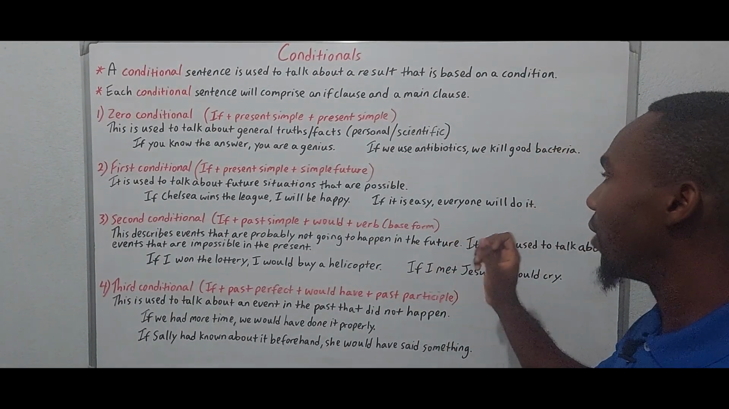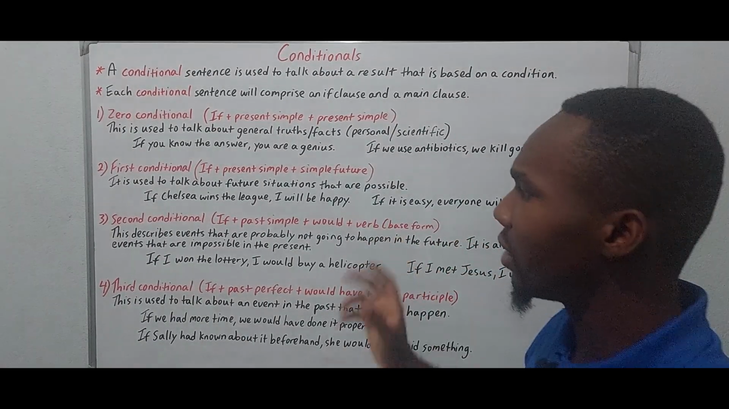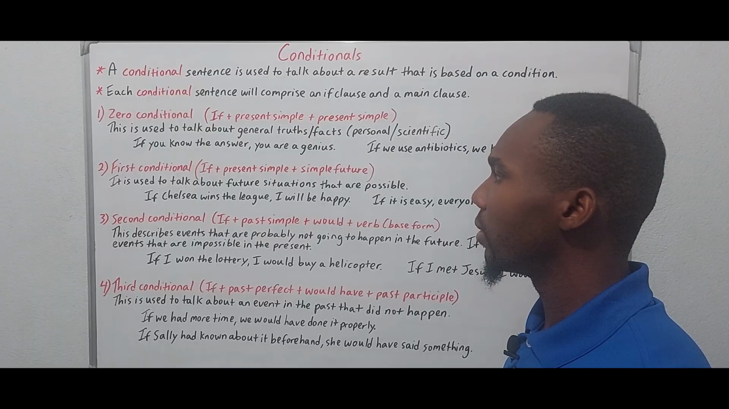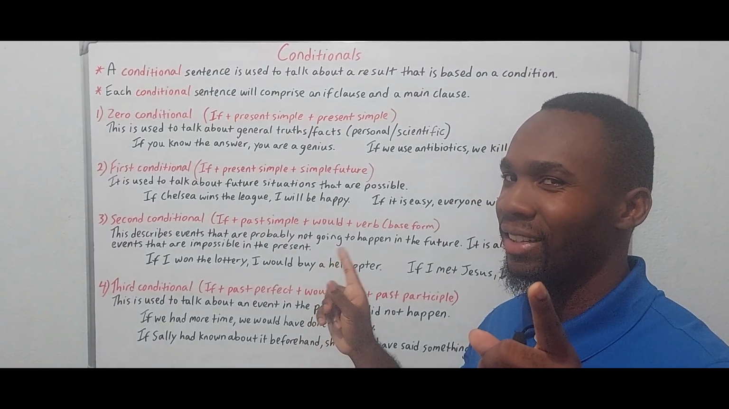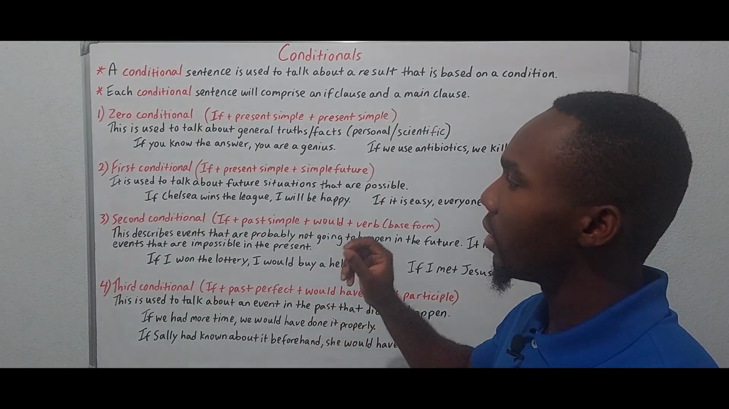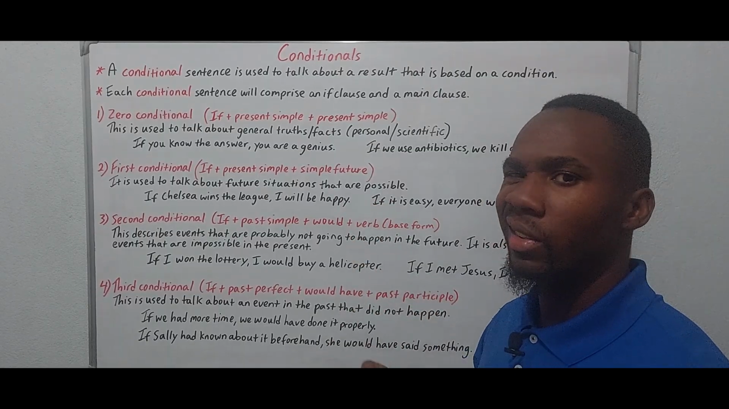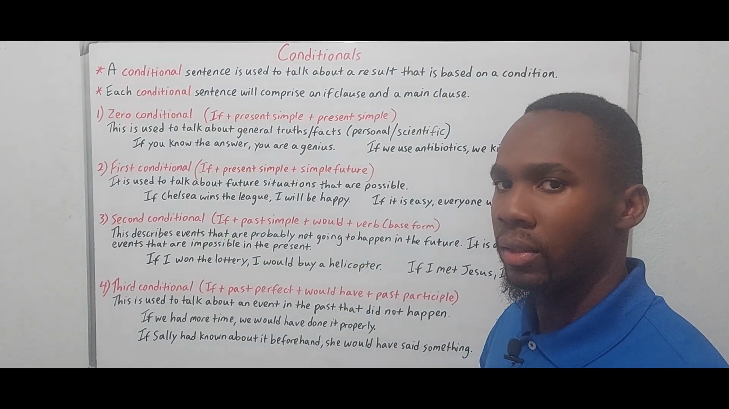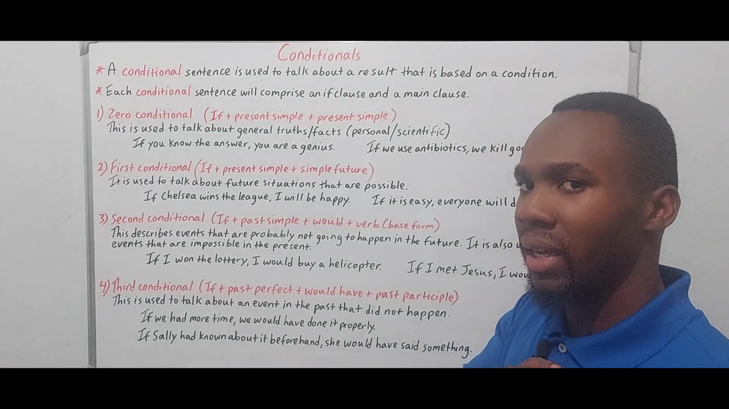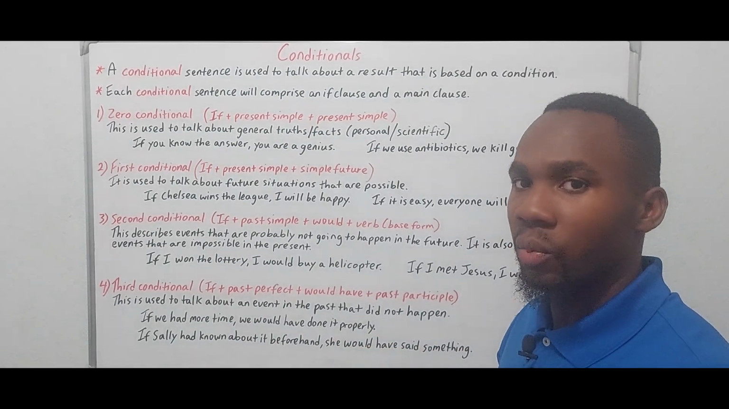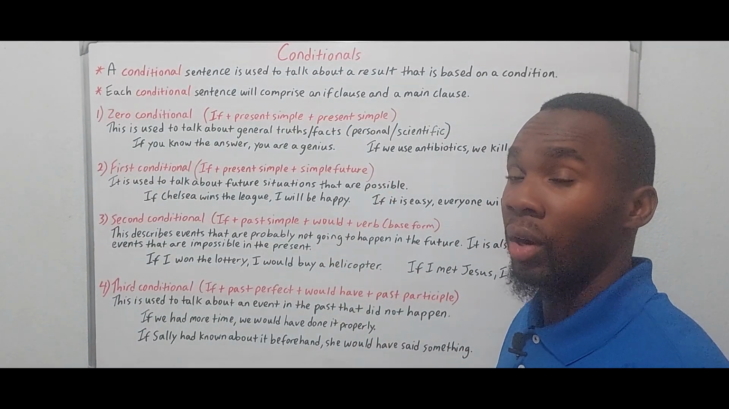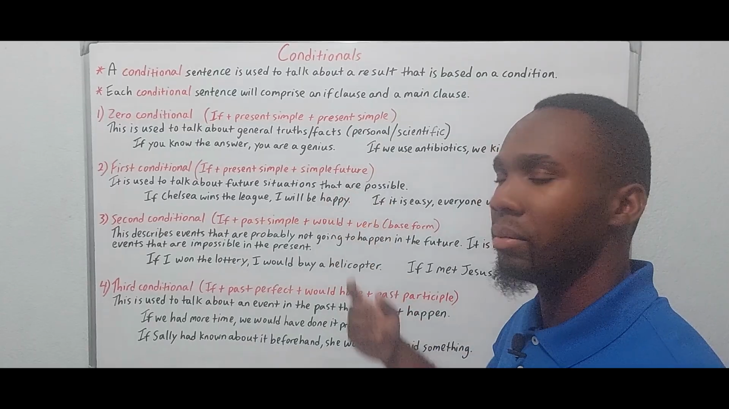If it is easy, everyone will do it. Now, if you look at these sentences, what you will realize is that the result is probable. It is likely. It is not certain. If this condition is met, it is possible that this will happen, right? Because we are talking about probability, an event being